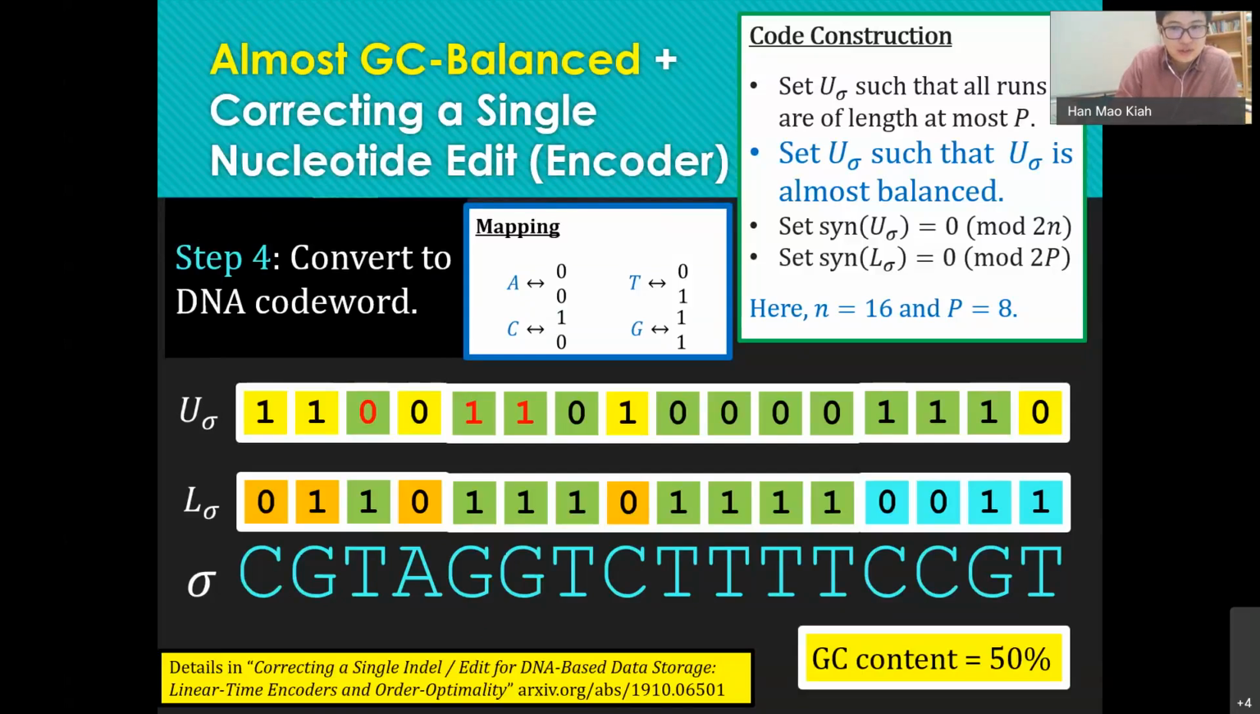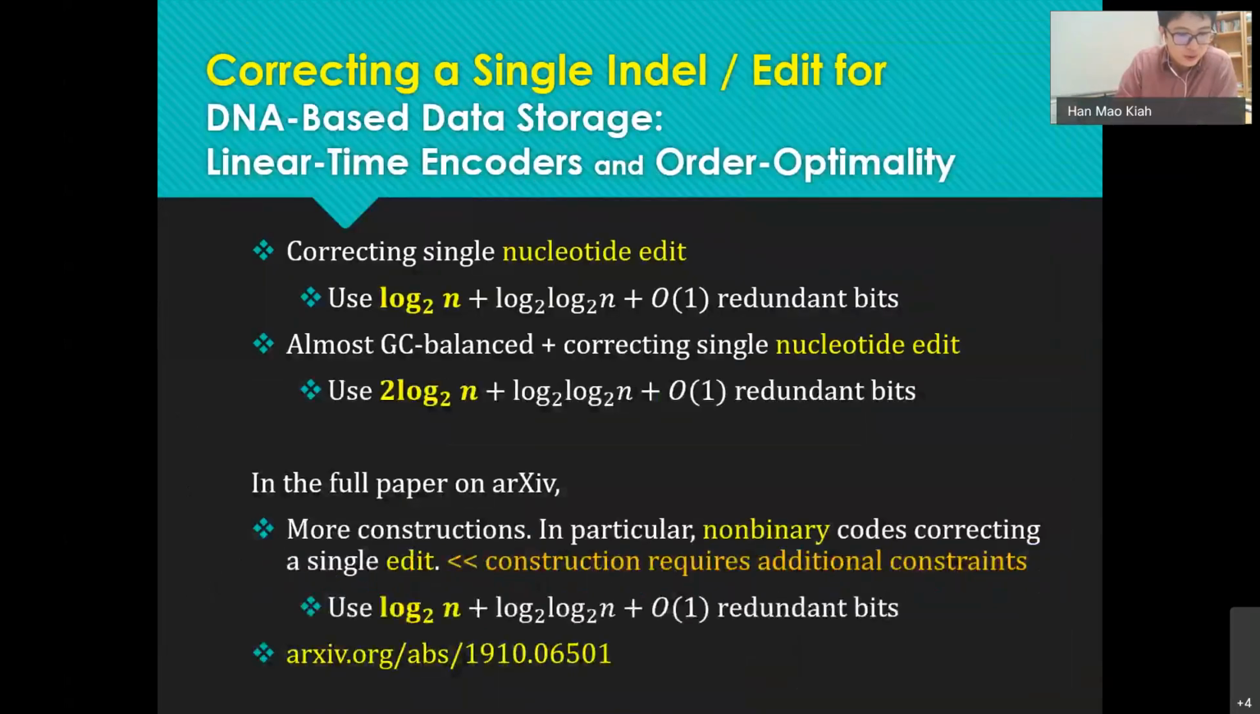So this concludes the second part of my talk, where we look at constructions that correct single indels and edits. In our full paper on arXiv, we actually propose non-binary codes that correct a single edit, where this edit need not be the substitution that we had earlier. Basically, all types of edits, and we still achieve log n redundancy. But to do this, we need